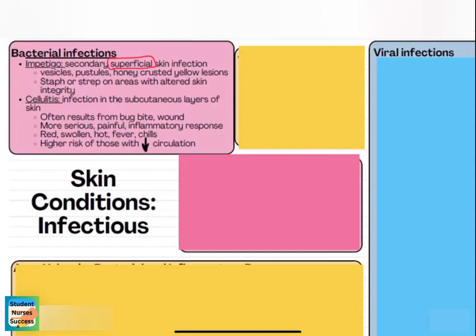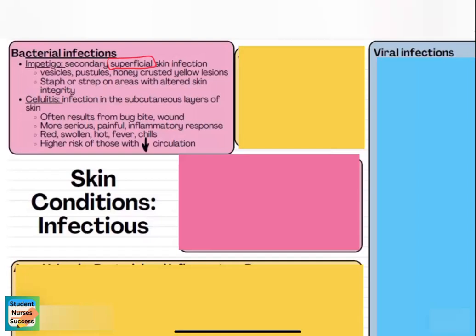So impetigo is a secondary superficial skin infection and usually comes after there's been some little topical break to the skin. Sometimes in children, they get impetigo under their nose if they have a real runny nose and that runny nose has kind of excoriated that skin, or perhaps there's been moisture around their face or their lips where they're drooling and it has altered that skin integrity. You could get impetigo maybe from shaving your legs with a dirty razor,